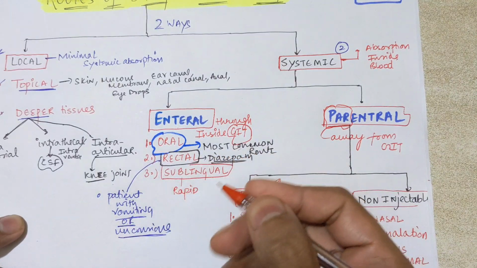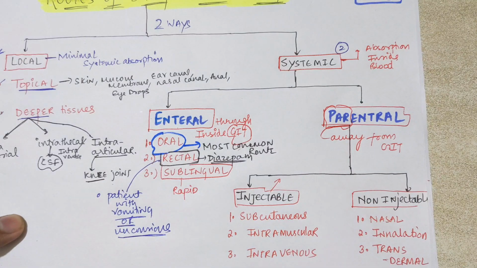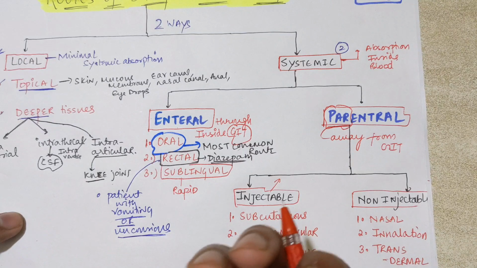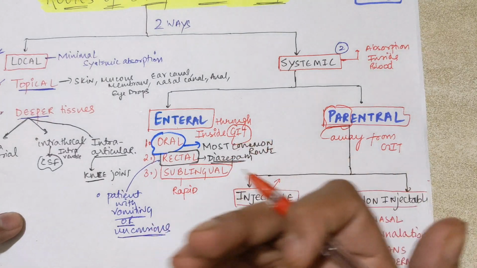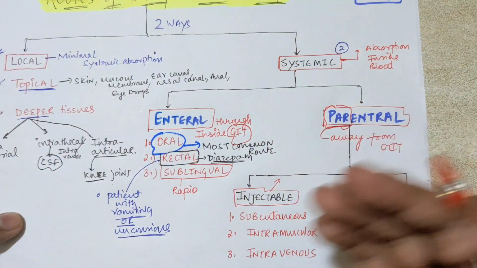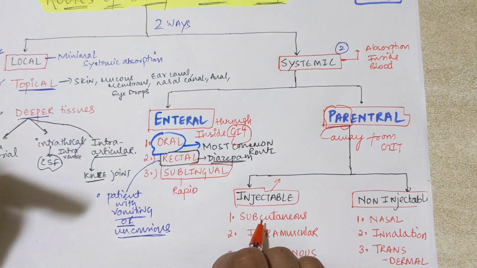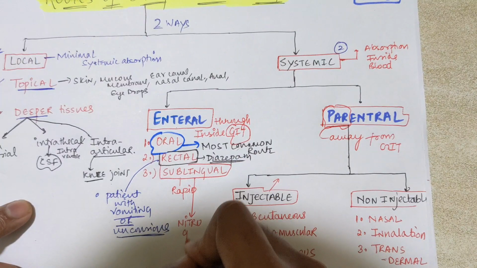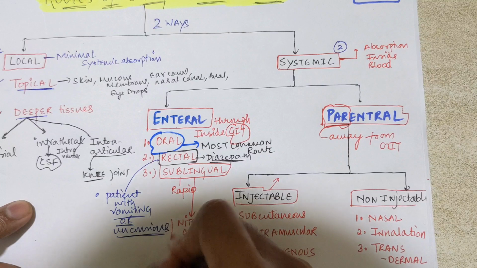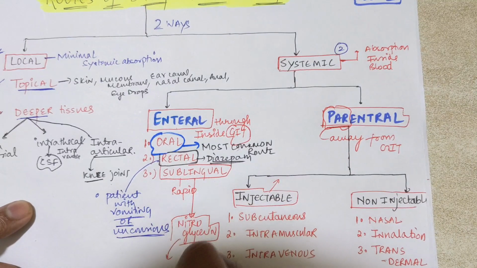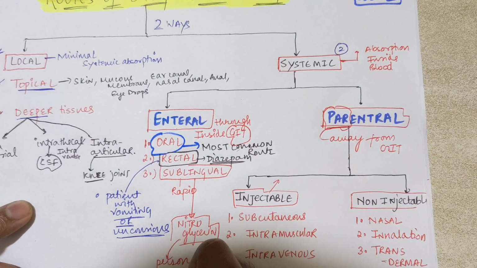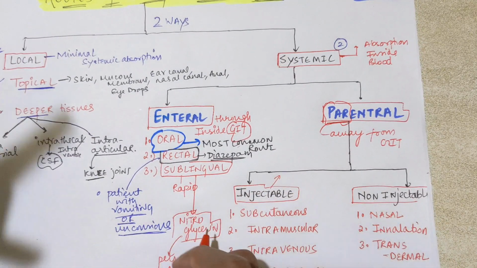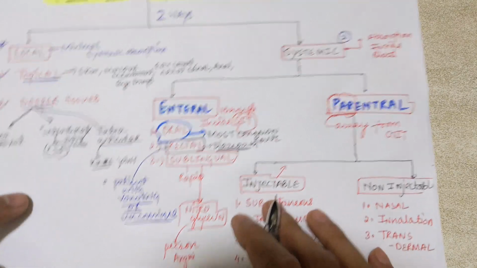Okay, and third comes your sublingual route, a rapid route, rapid absorption in the buccal mucosa actually. In this case you put the tablet under the tongue, and from there it is absorbed in the buccal mucosa through the small veins present under the tongue, and then it directly reaches your organs like heart and lungs. Okay, the perfect example we have is nitroglycerin, which we give through the sublingual route to a person having instant anginal pain or heart pain. It is the DOC, that is drug of choice, for anginal pain. Okay, clear?